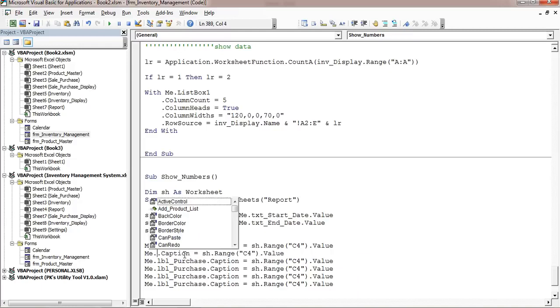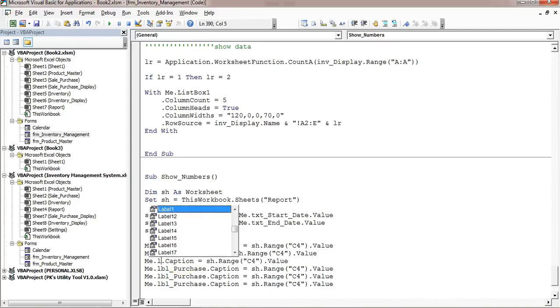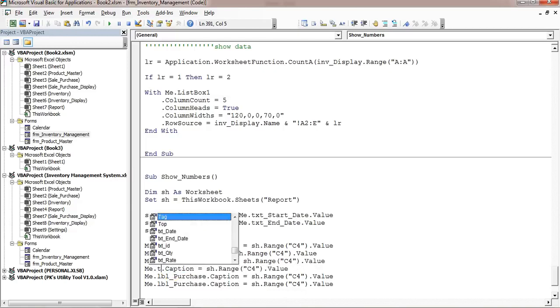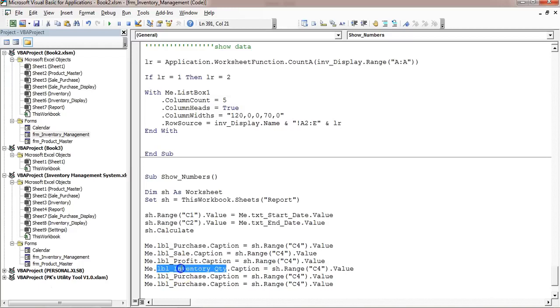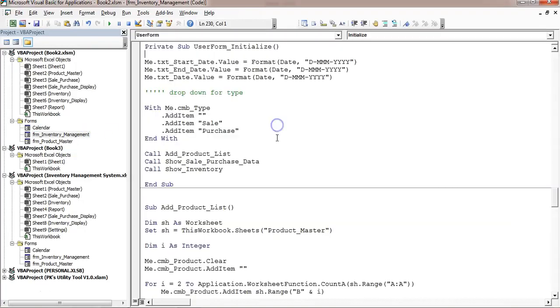The next label we will take is lblSale, then lblProfit, then lblInventoryQuantity, and we will take inventory amount also. Accordingly we'll change the cells here: C4, C5, C6, C7 and C8.